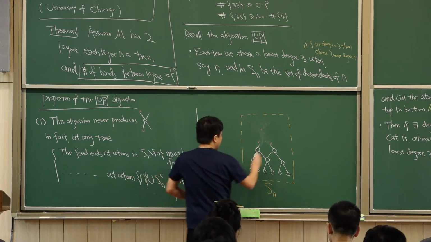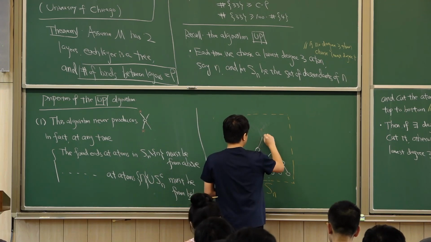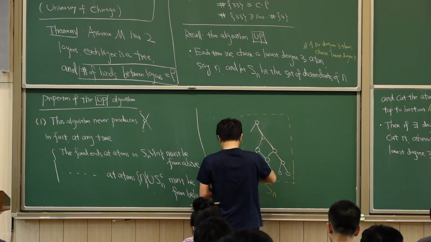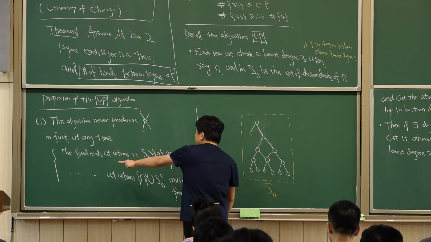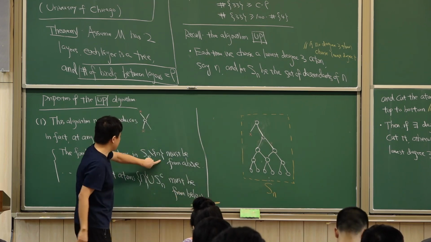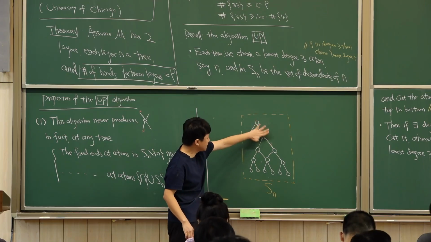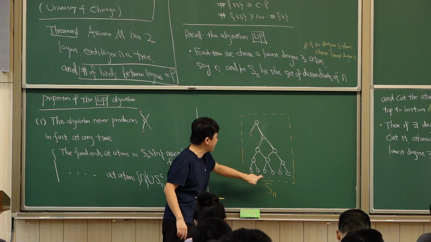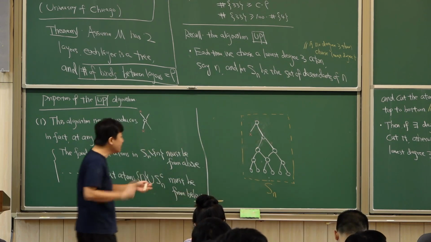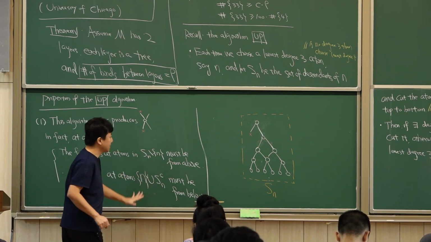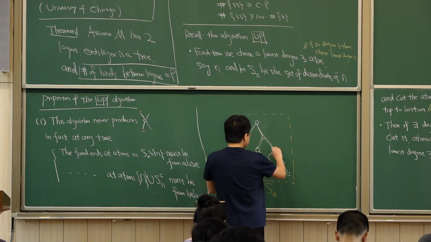Okay, so let's recover this picture. Let's say this. So this means that the fixed ends at the atoms in Sn minus n must be from above. At n you have a fixed end below, but otherwise, at everything else, you must have fixed ends only from above. This is one thing. And now what happens about those atoms outside Sn? It's also fine, because the thing is that you may have